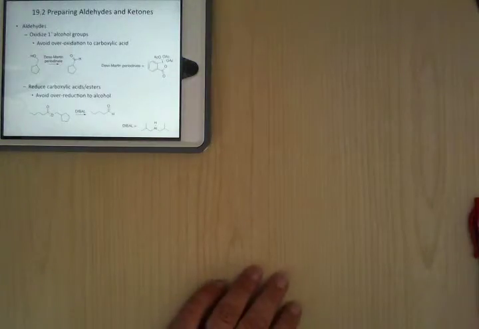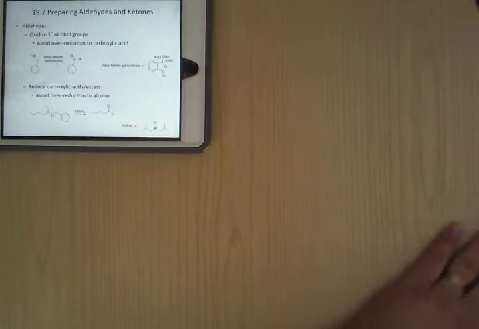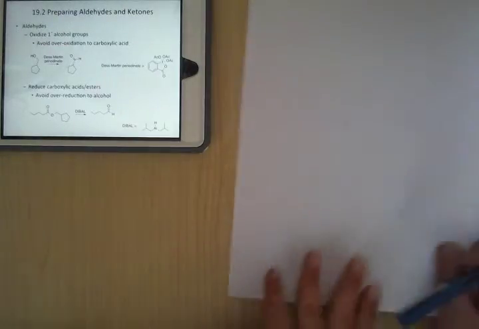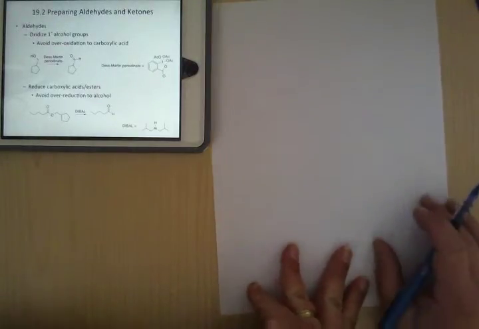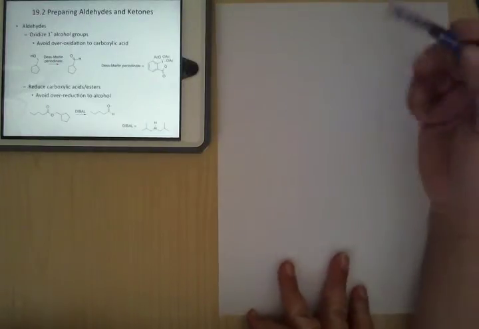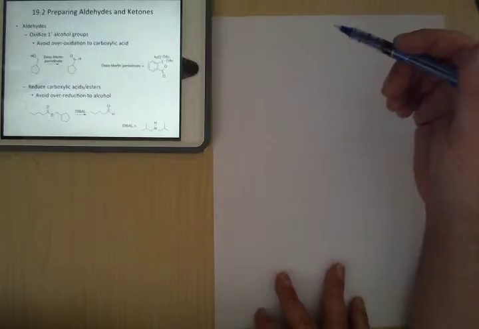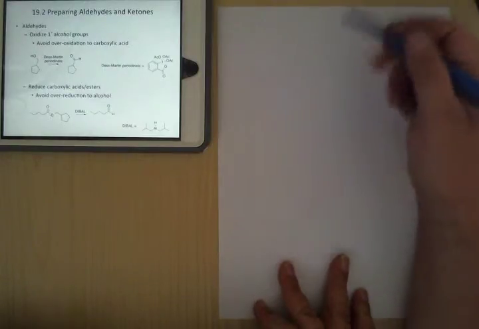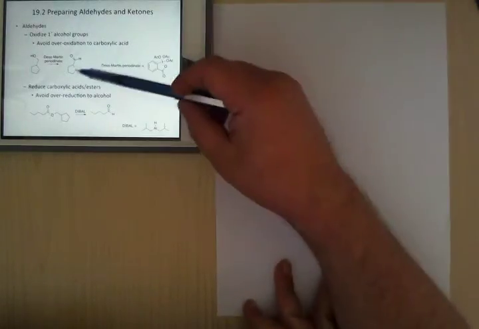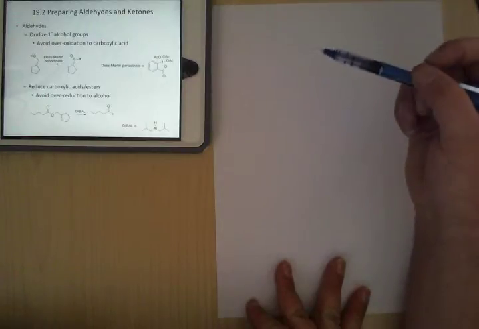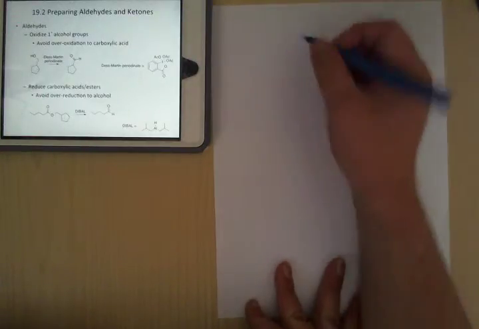Next up. Okay, so how do we prepare them? Now, they're not the easiest things. Aldehydes, in particular, are not the easiest thing to prepare, and stuff like that. And so what's going to happen is we're going to get there in 2 different ways. We're going to learn some other ones. We have learned some other ones, but one of the ones we're going to learn about today is doing oxidations and reductions. Okay, and so